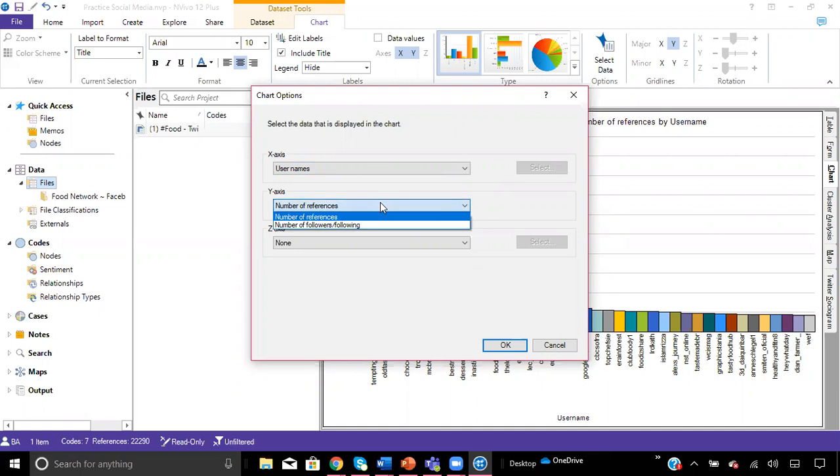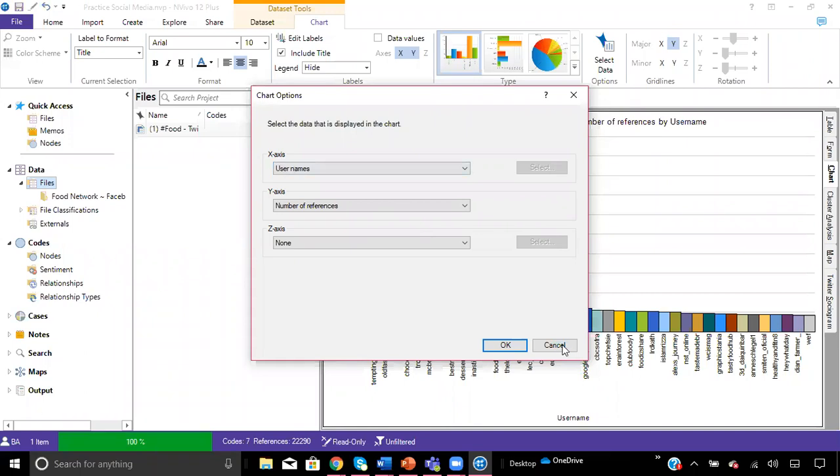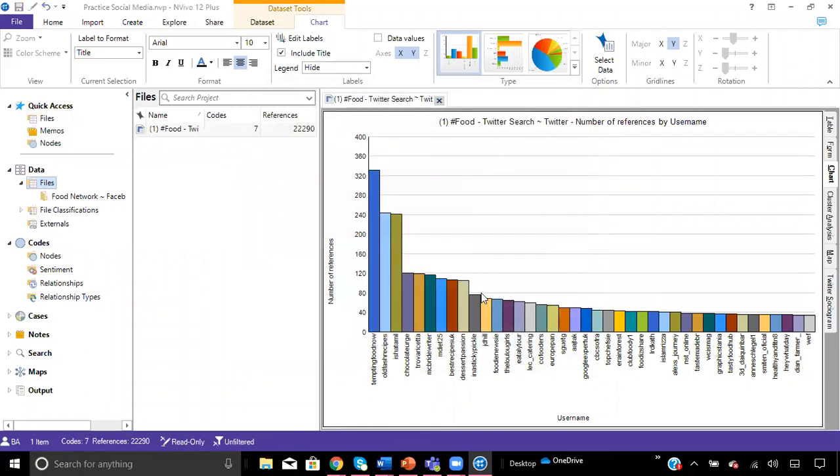And the y-axis is options or number of references or the number of followers or following. So you can change the chart to whatever variables you would like to display. And that will automatically generate this chart and change it.